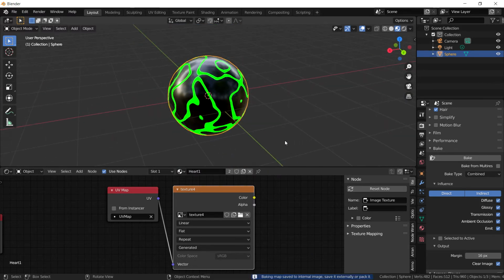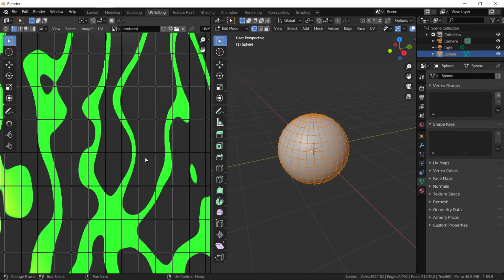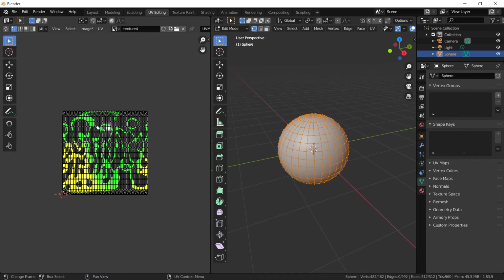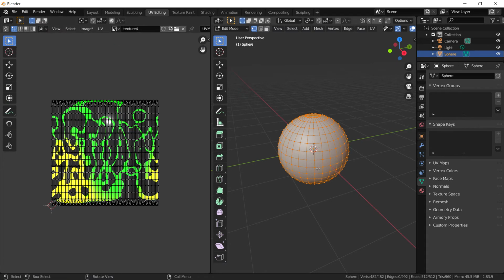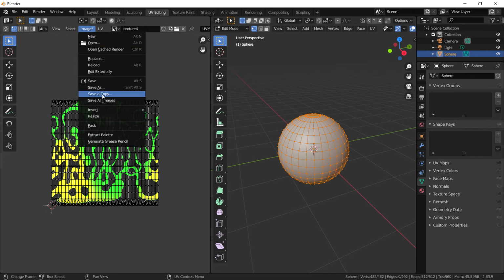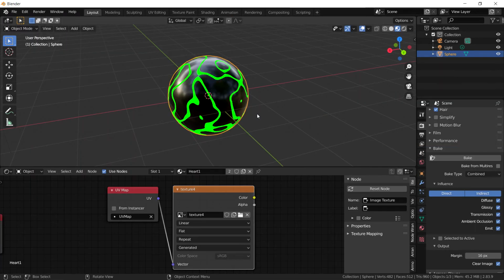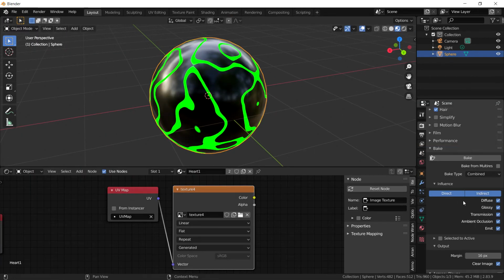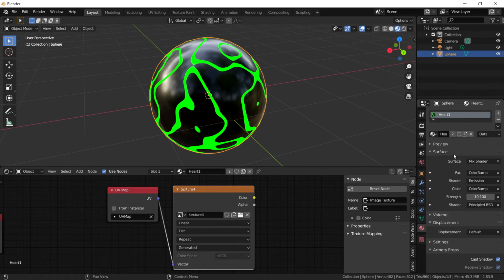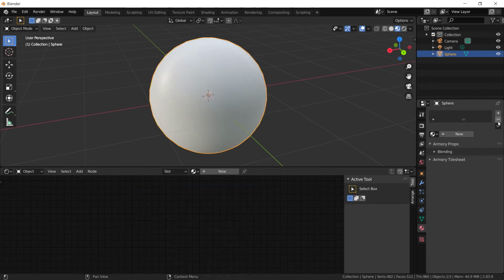And as you can see right now, it is saved to our UV editing workspace here. As you can see, it's baked our texture onto our UV map, and we can save the image here and save it to a directory that you would want. Now this is pretty cool, but right now it's still using our node-based texture, and we don't want that, so we can delete our node-based texture, and that's got nothing,